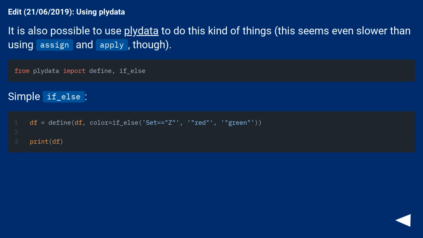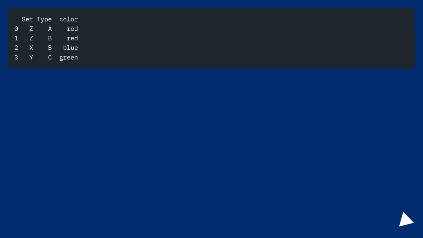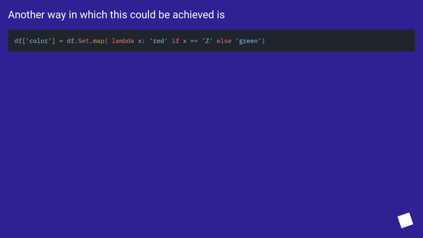Simple if_else. Nested if_else. Another way in which this could be achieved is